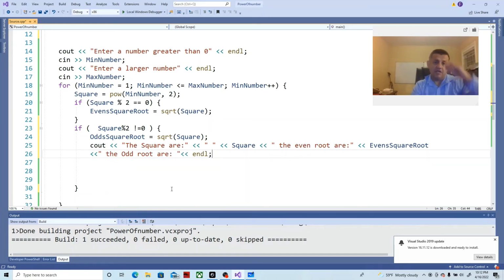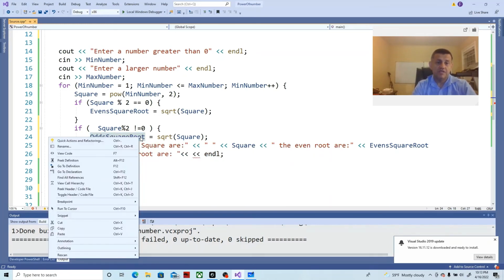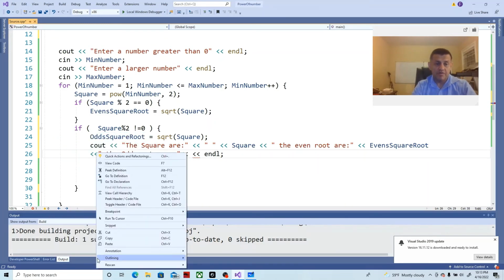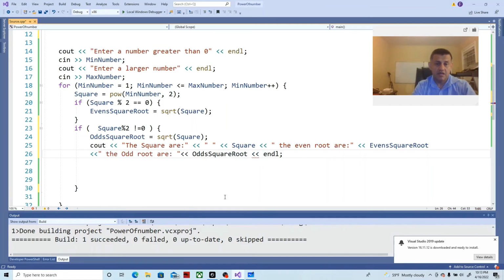So over here, I'm going to just output the odd root, which is going to be this one, right? So let's put it right there, right? So now, if we run this program,